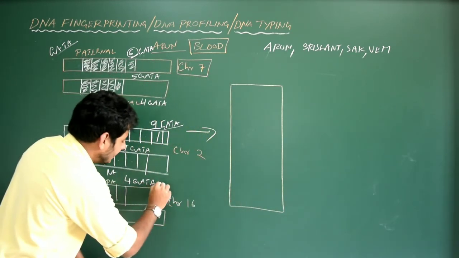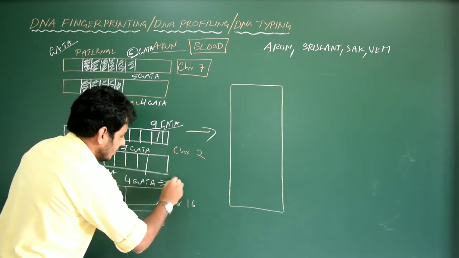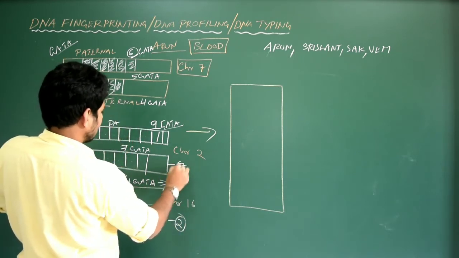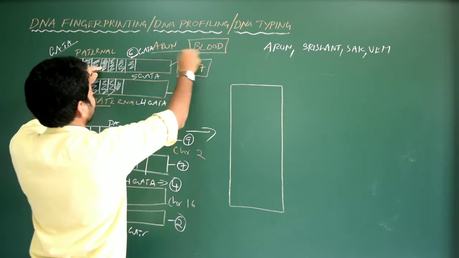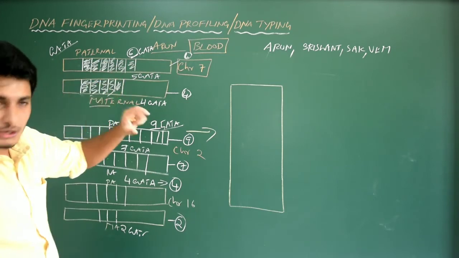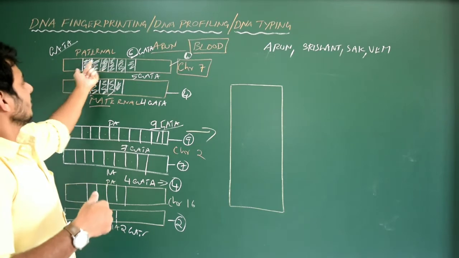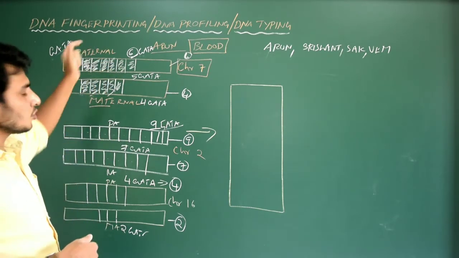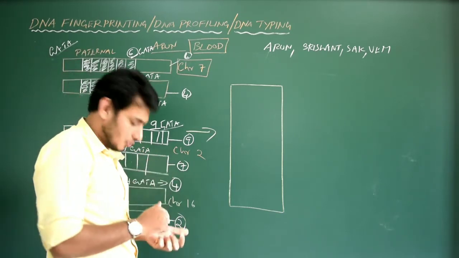Now here, how many tandem repeats are there? That is VNTRs are there, or like tandem repeats? 4. But in this case 2, and in this case 7, in this case 9, in this case 4, in this case 6. Okay, even though chromosome number 7 contains homologous chromosomes, still these two chromosomes are a bit different, based on the number of tandem repeats, because these two chromosomes are given by different individuals. Okay, but still it is there in my body.